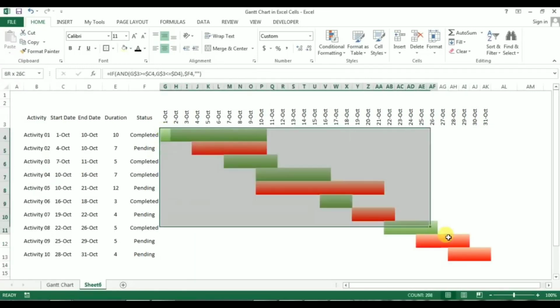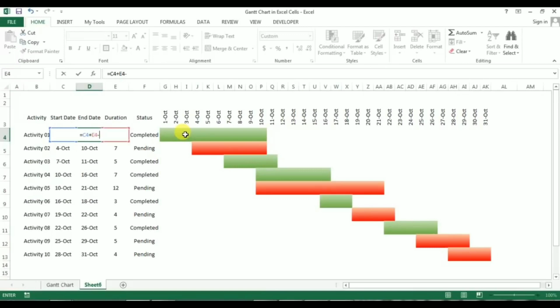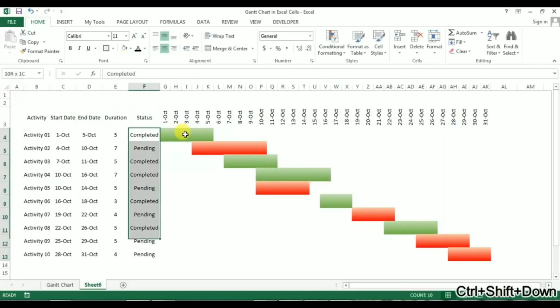Okay friends, if I change the value, let's say here to 5, we have to put the formula for the end date: start date plus duration minus 1. Just fill it down, and here we will put